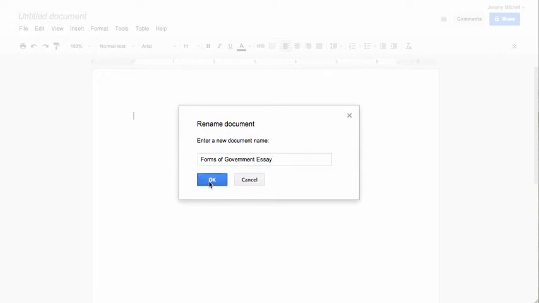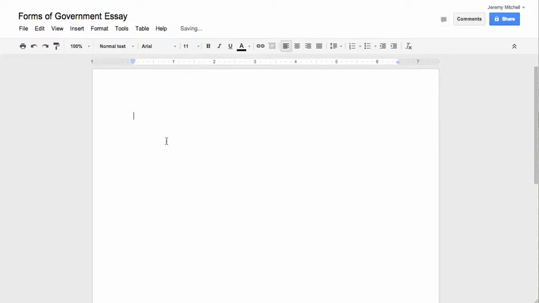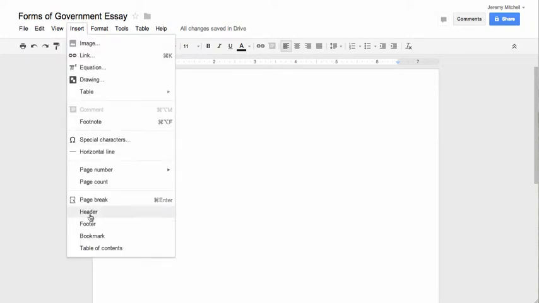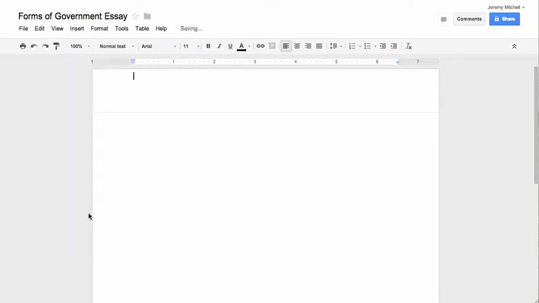Alright, click OK. Okay, now for proper MLA formatting, we need to have a header with our last name and page number, so let's do that first. So we're going to click Insert, and we'll click Header. When we do that, it automatically aligns it to the left, and for MLA formatting, you need it to the right. So you'll type in your last name, mine is Mitchell, space one time,